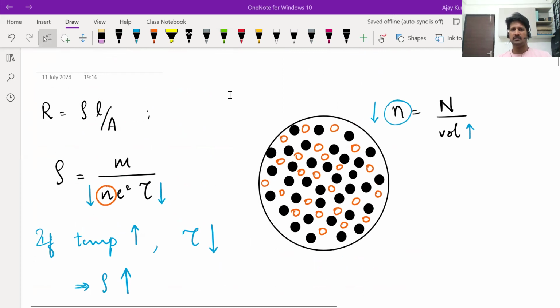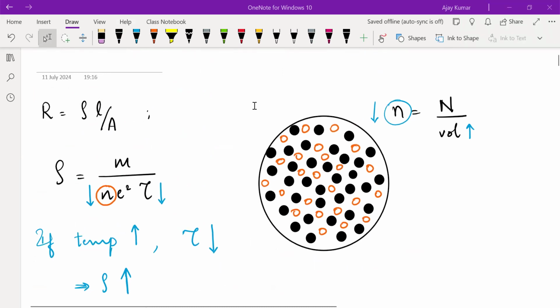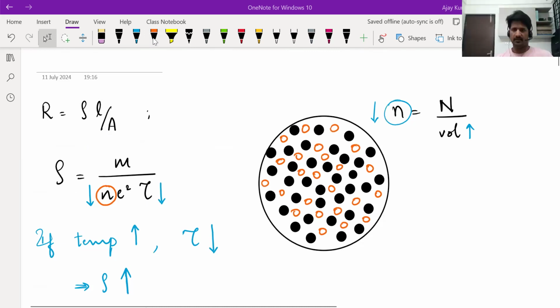Isha, tell me generally, when we raise temperature of a material, what happens to it? So it expands. It expands, correct. Thermal expansion will happen. Good. Means volume will increase. Yes, sir. Volume increases and the free space between atoms also will increase. Correct. Now, if volume increases, this small n is the number density of electrons, means number of electrons per